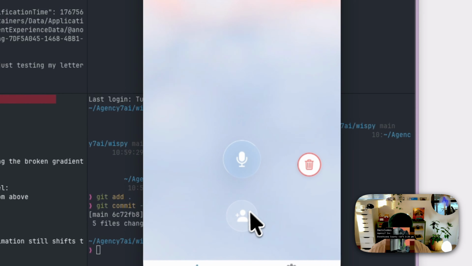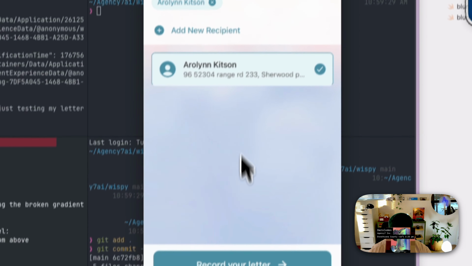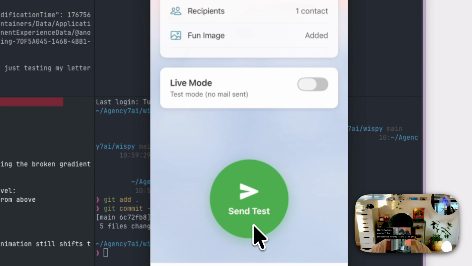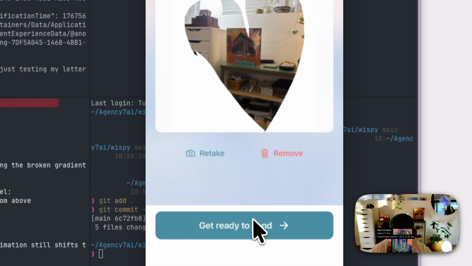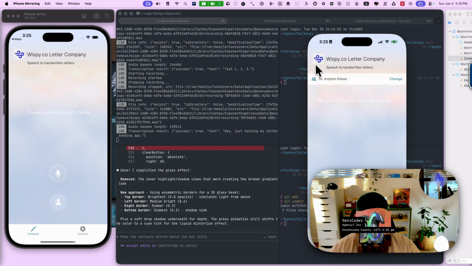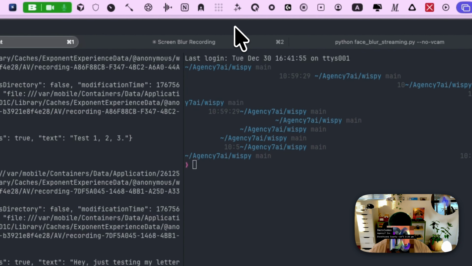If I go into iPhone mirroring, you'll be able to see what I just recorded. You can delete, you can choose your contact, your letter, add a fun image, get ready to send. Ready to send takes you back here. This changes the contact. This changes the contact, add fun image. This flow is so good. Sorry, I shouldn't get too excited here, but my